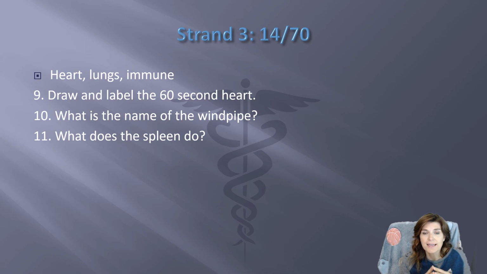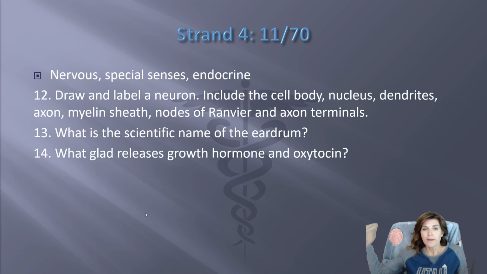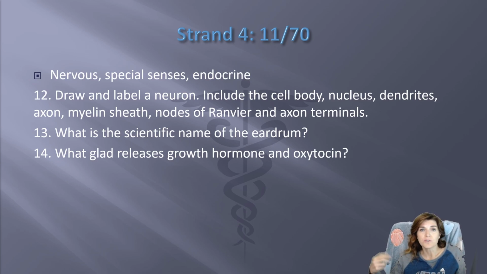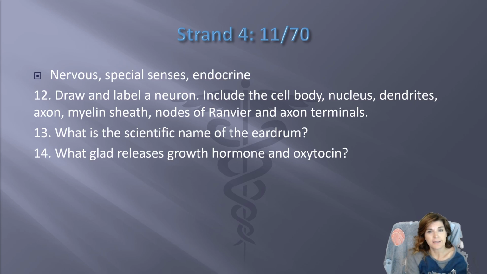Okay, strand 4 included the nervous system, the special senses, and the endocrine systems. It constitutes 11 of the 70 points. So for this one, I wanted you to draw and label a neuron and include those different structures. What's the scientific name for the eardrum? And